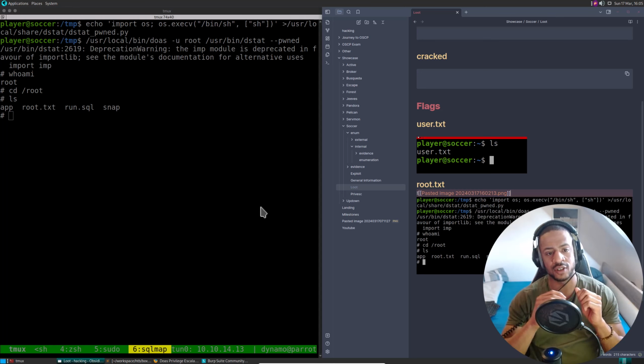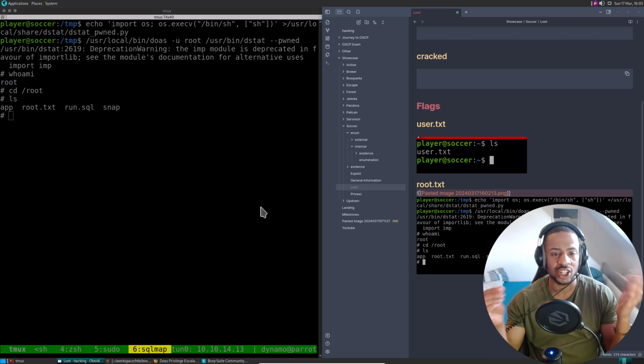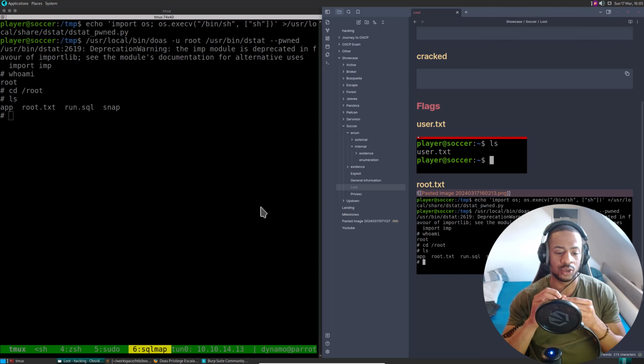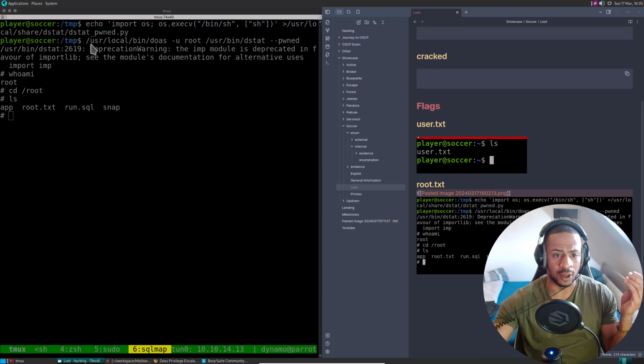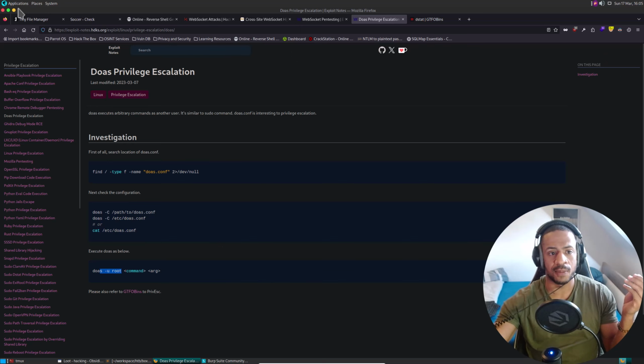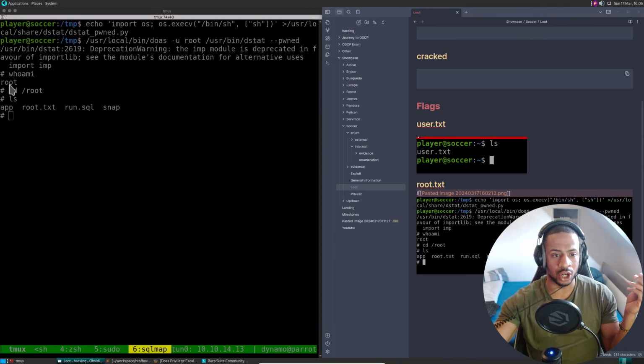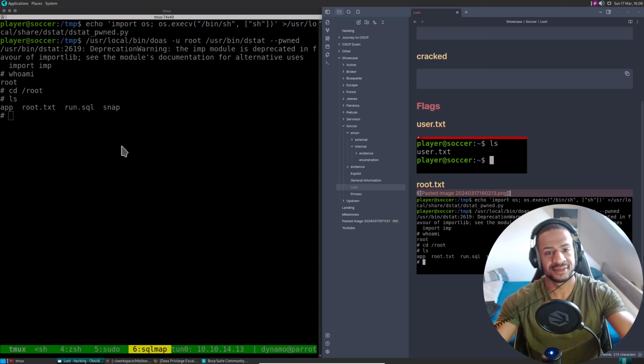Inside of the configuration file of doas, it said that we can run dstat, which is essentially as if we did sudo -l. It said dstat can be run as root. We then went to gtfobins.com, where we found that dstat was exploitable by using this little fancy technique, and also this page helped us with that, and thus we got root and pawned Soccer.